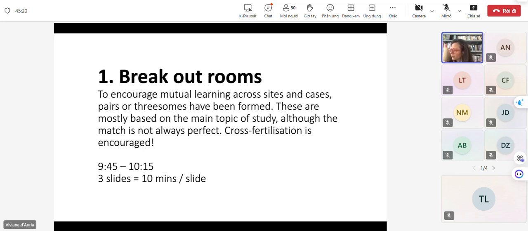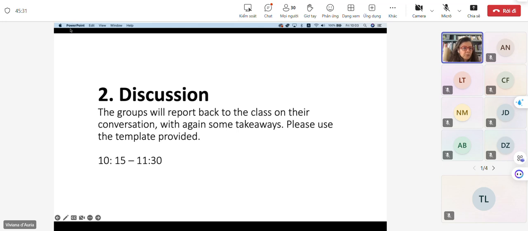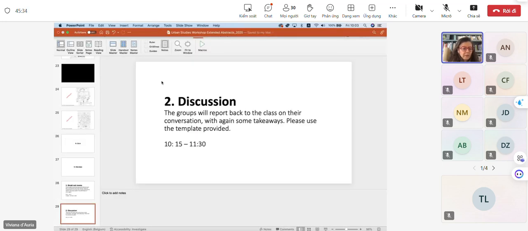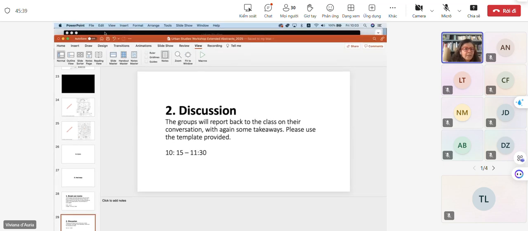That was the time if you would have been on time, but we're not, so we'll calculate 30 minutes from when the session begins. And so let me just show you the place where the working document is. So basically you will be in small groups, if the breakout room technique works. And the idea is that you will start working with each other's extended abstracts or whatever abstracts you have at this point. And you will reflect by means of 3 slides